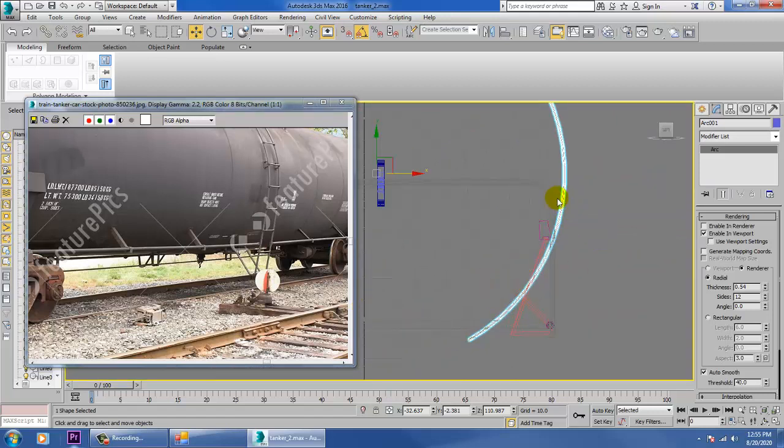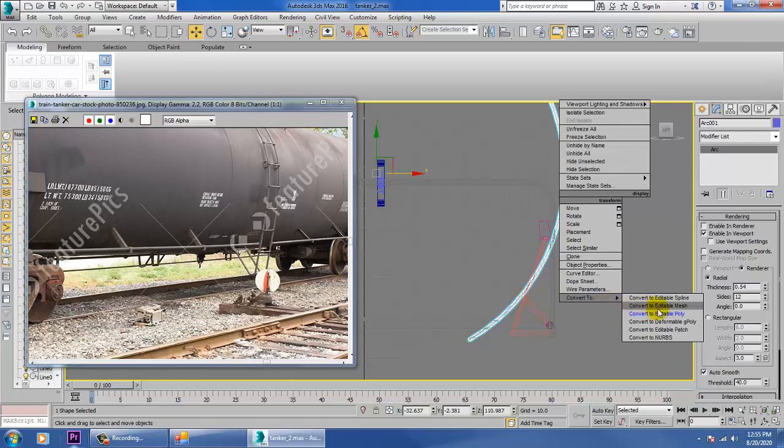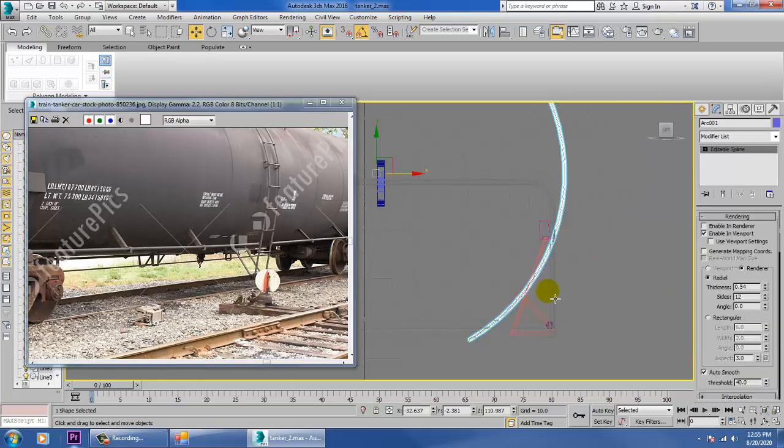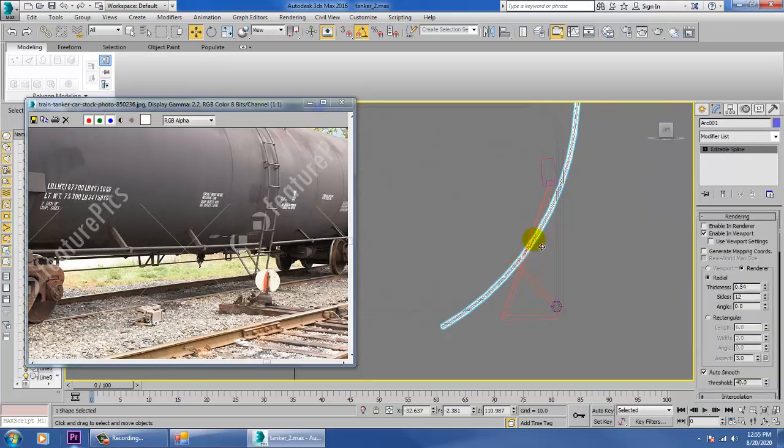So convert to editable spline, and if you want to add some refinement over here, you can just add a refinement and just delete this stuff.